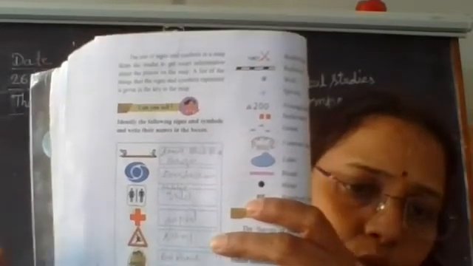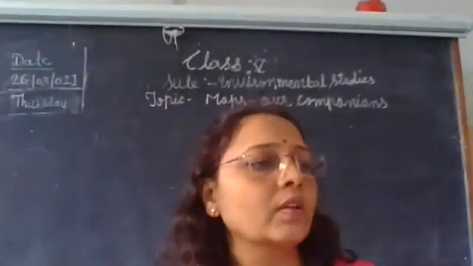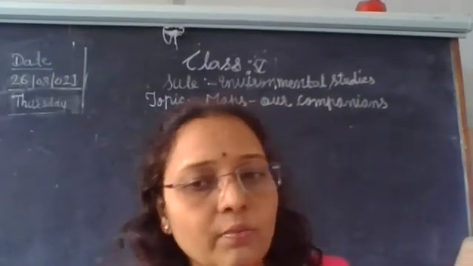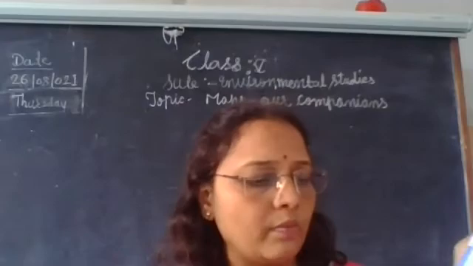See, children, fill in your textbook. These are all the symbols. First one is Sarva Shiksha Abhiyan, then Doordarshan, then public toilet, hospital, school, and Bal Bharati. Then on the next page, some symbols are also given on page number 42 in your textbook. PO means the post office symbol is given here.